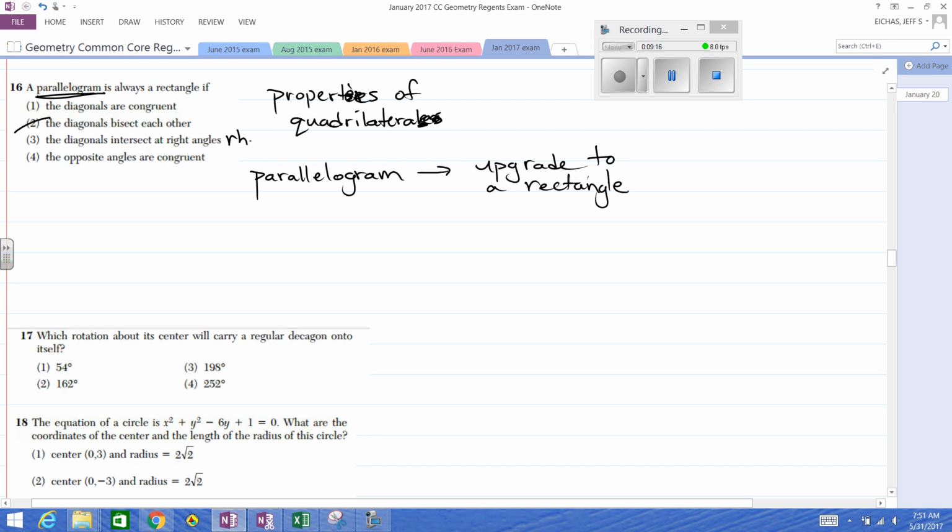That is going to be a rhombus feature. We don't need that for a rectangle. And opposite angles are congruent. Parallelograms already have that. So what's the one? It's diagonals are congruent. Now this is a little tricky. The fact is we already have a parallelogram. Once we upgrade the diagonals being congruent, that's a rectangle. So why is that important to start with a parallelogram? Well, diagonals congruent could be an isosceles trapezoid, but we upgraded it to a parallelogram, so diagonals congruent from a parallelogram makes it a rectangle. Okay,